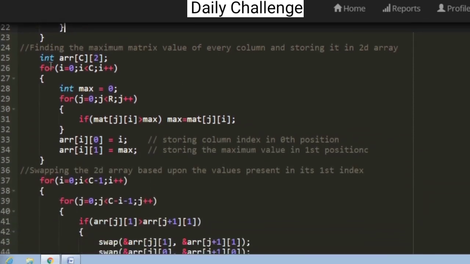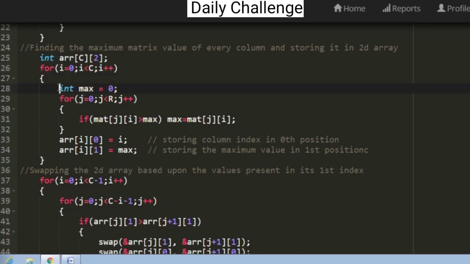So initially I have declared a two-dimensional array named ARR as we discussed, and then using this nested for loop I am going to travel through all the columns present in the matrix. Here we can see that the I is not iterating from 0 to R. Instead it is iterating from 0 to C, because we need to travel through every column present in the matrix.